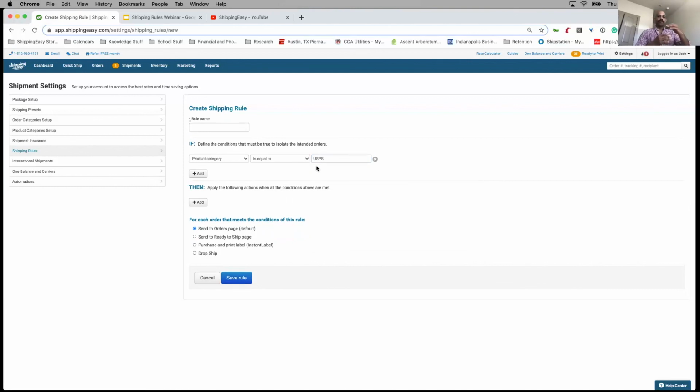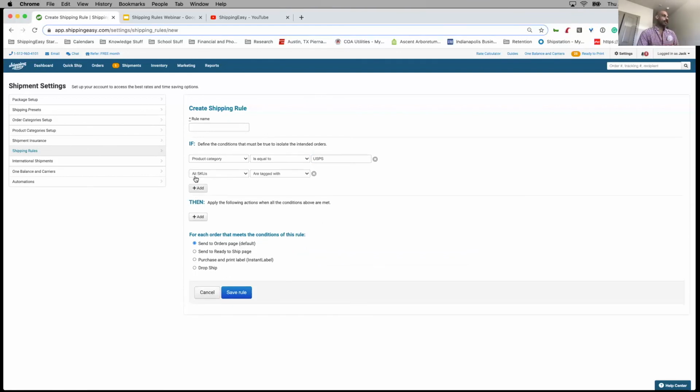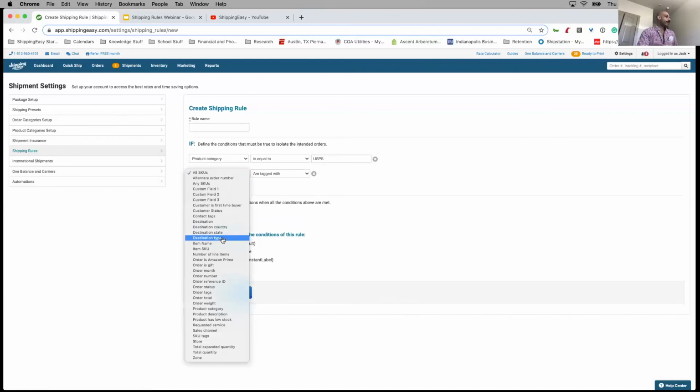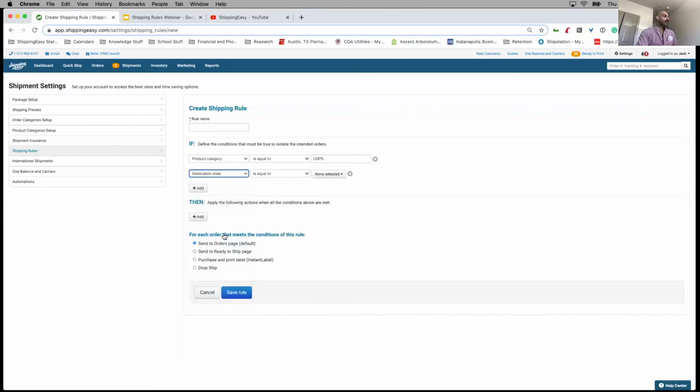Now this rule is going to look at another, more specific piece of information from this order. If the product category is equal to USPS, which it will be because the rule above it has set this order as a USPS product category, we'll need to add one other piece of information to it as well. And it is, let's say, going to